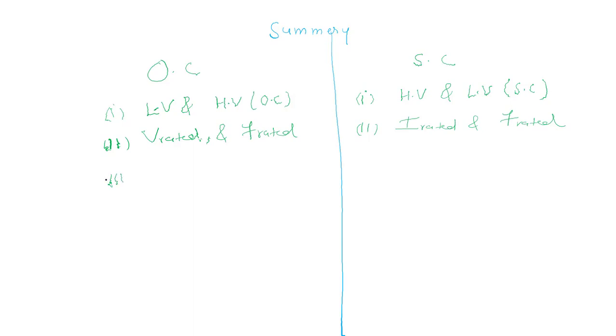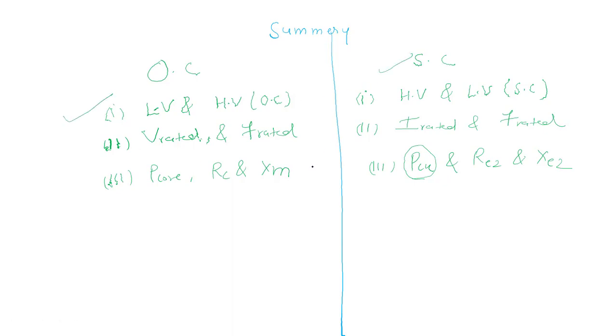The third thing: from the open circuit test we can calculate P iron and the shunt parameters RC and XM. From the short circuit test we can calculate P copper, the variable losses, and the series parameters RE2 and XE2. Why is this called variable losses? Because this loss continuously changes with respect to the load. With respect to load means it depends on the current, whatever amount of current is going through the transformer. So this is all about the open circuit test and the short circuit test.